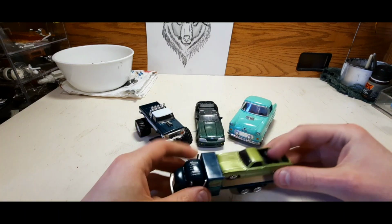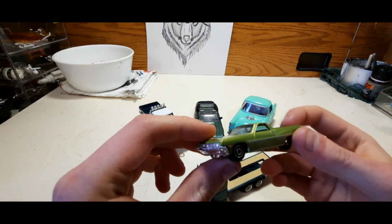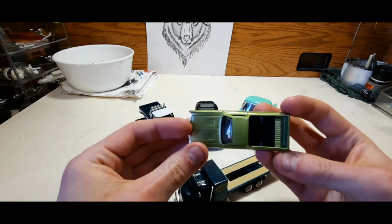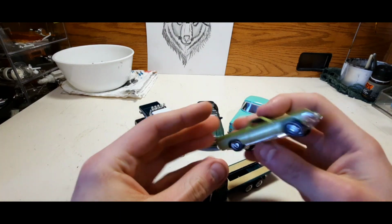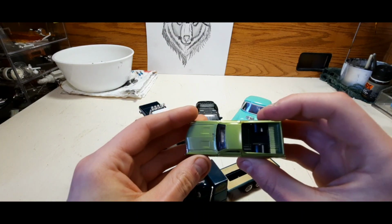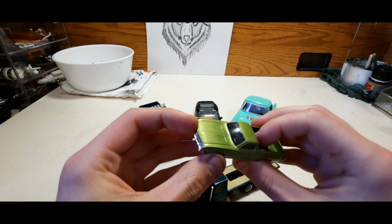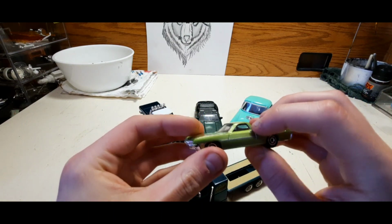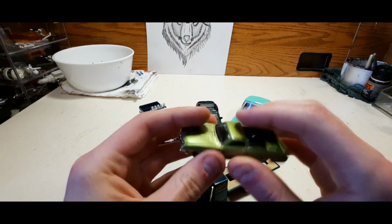So, pretty much got here the Matchbox '70 Ford Ranchero, which I was quite surprised to see when these were coming out, as you usually see the El Camino more often than not than anything to do with the Ranchero. So did pick this one up,